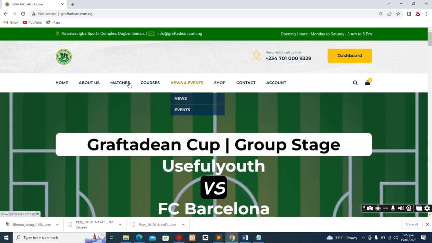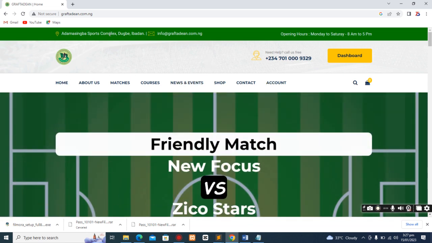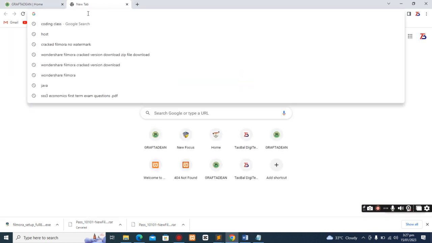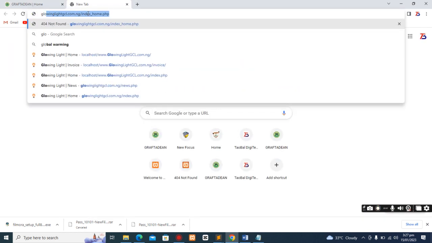You can see the menu is for football league, come to look at matches, and so on. So this is the header. This section is the header. Let us look at another project. The glowing light